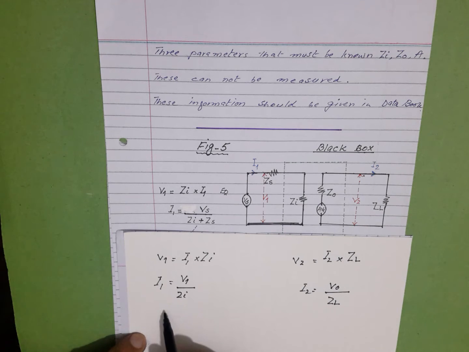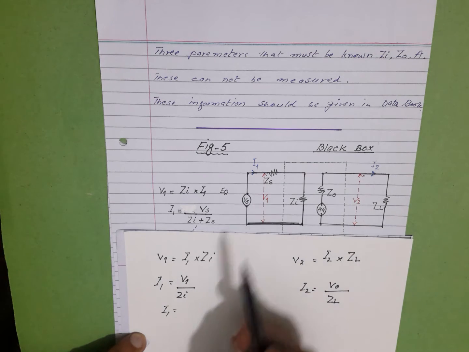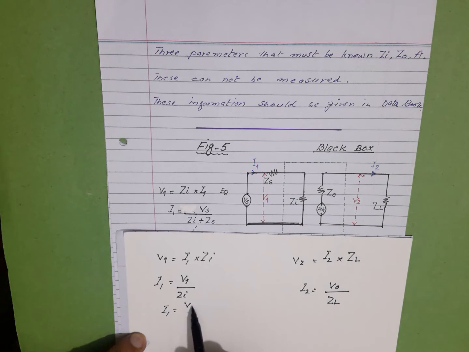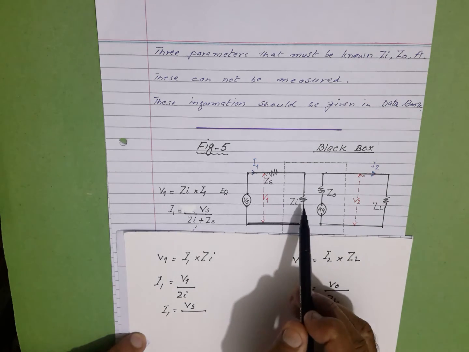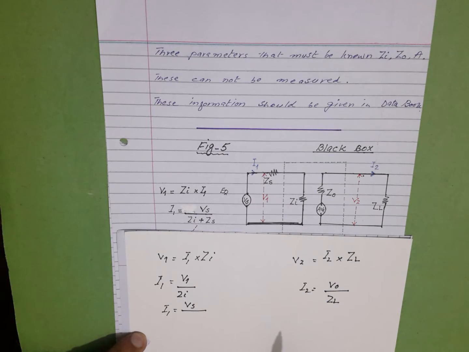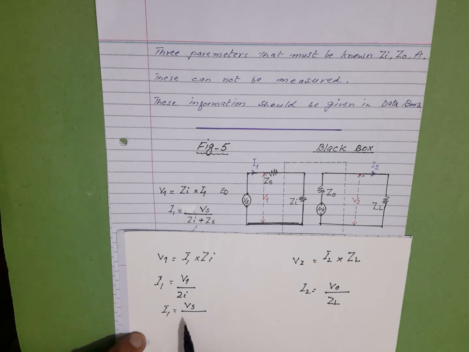I1 can further be written as Vs divided by Zi plus Zs. Why? Because this voltage is across these two resistors forming a voltage divider network. This is the value of I1, and the value of I2 will be equal to